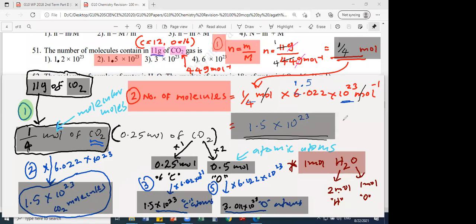Now imagine I take 1 water molecule, then just 2 hydrogen atoms. Then I can't tell mole. Don't mix this up. If I take 1 water molecule, just 2 hydrogen atoms. But if I take 1 mole of water, then I can't tell 2 hydrogen atoms. I have to tell 2 atomic moles, or 2 moles of hydrogen atoms. That is the difference between these two. 1 man, 2 hands. But 1 mole of humans, 2 moles of hands. You can't tell 1 mole of humans, 2 hands.